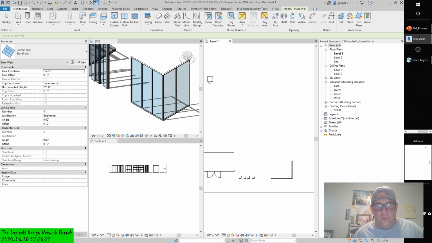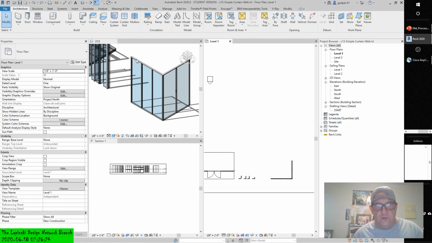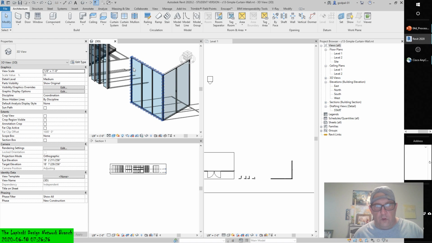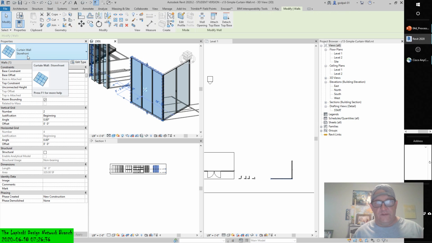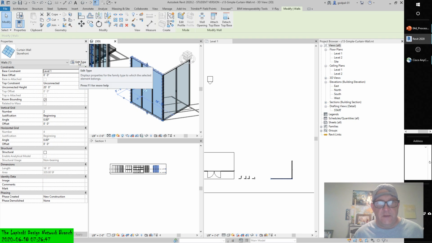Now, if we just go into the parameters of the wall itself, of the type, this will affect all the walls that are drawn with curtain wall storefront type. So as you see, there are properties. In the properties palette, there are some settings that we can and cannot touch. And then within the type properties,